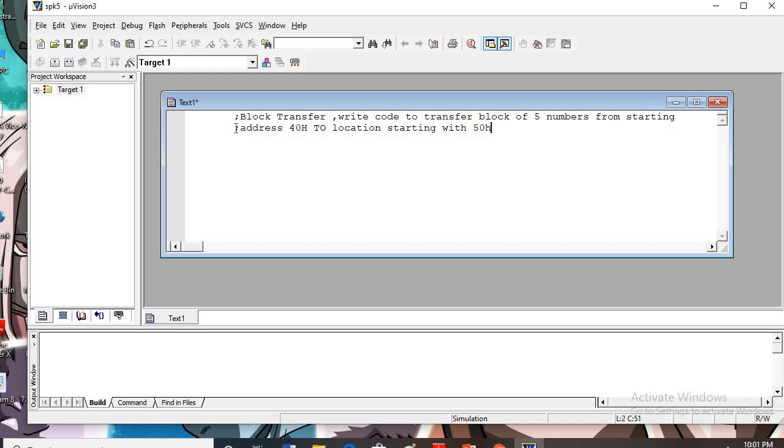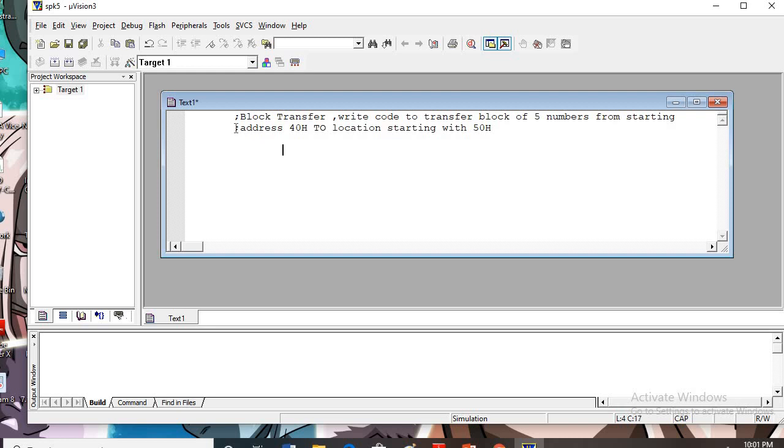So this is 50H. So what we have is from 40 we have one block, 5 numbers are there, and we want to transfer those 5 numbers to location starting from 50.